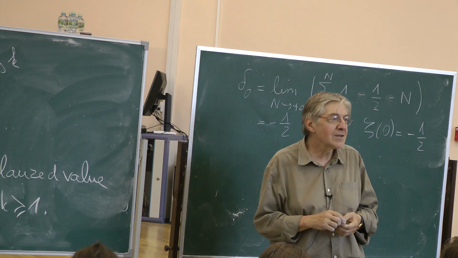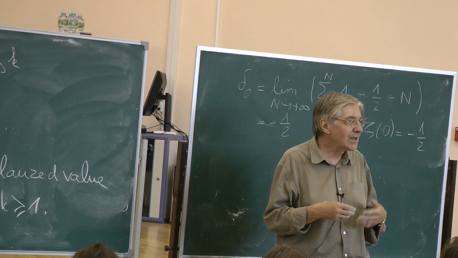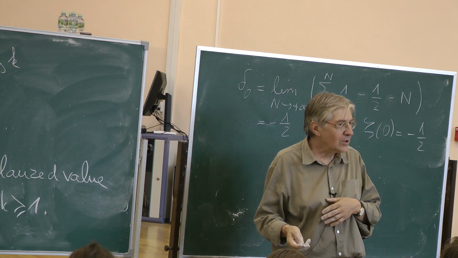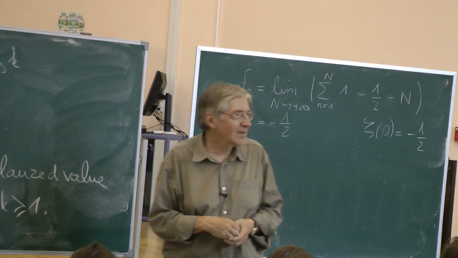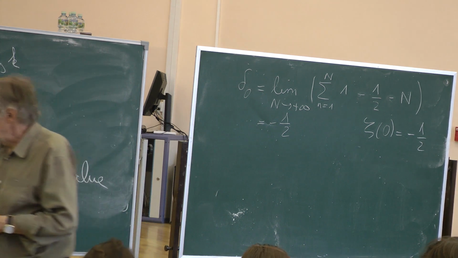So an exercise is to try, at least for the first 2 or 3, to write down explicitly what are the relations between the coefficients at 1 and the coefficients at 0. I propose this as an exercise. Okay, for today I will just stop here. I have achieved my goal.